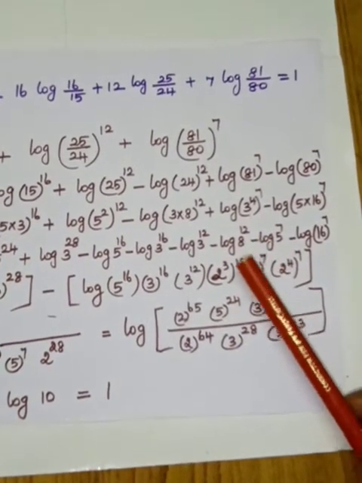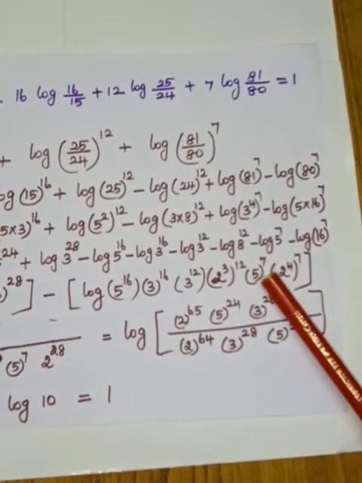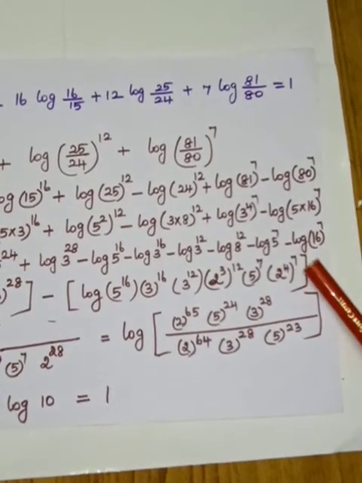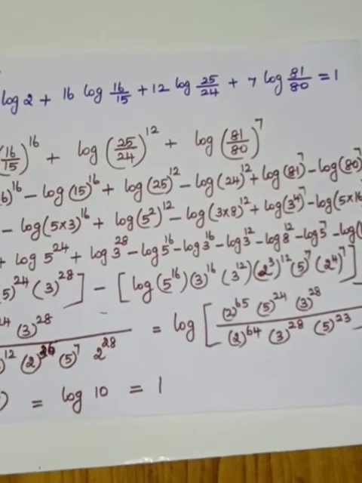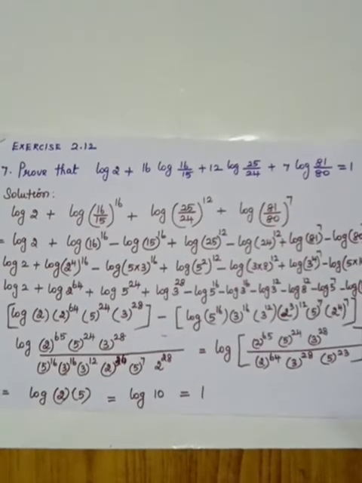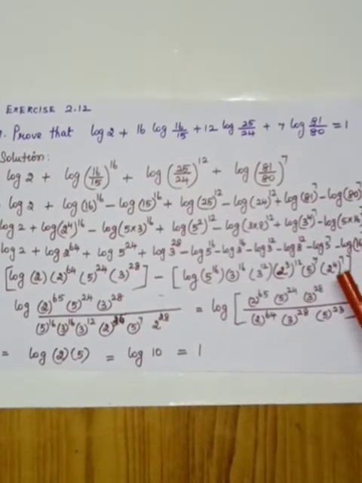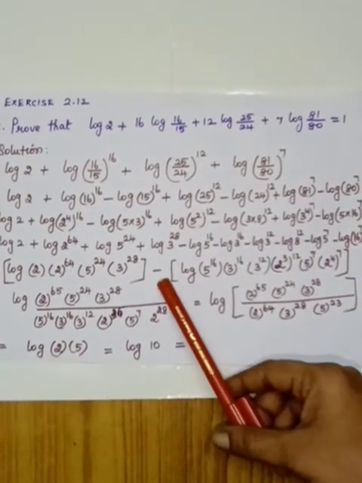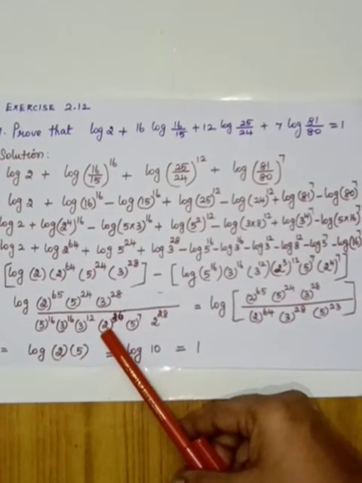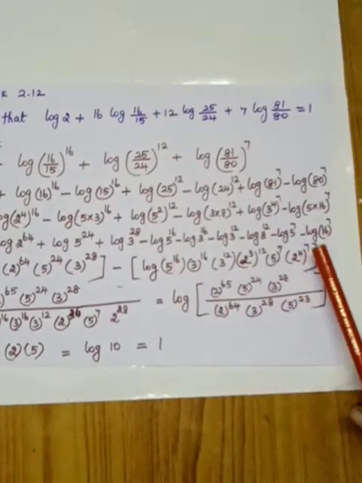The 8 can be written as 2 cube. So 2 cube the whole power 12 into 5 power 7. So the 16 can be written as 2 power 4 the whole power 7. Okay. Now the whole term can be written as, see the steps, the whole term can be written as log A minus log B. Okay, how it will be written? In between you are having minus. Use the quotient rule. So it is in the form of log A by B. Okay, so A this is, and here you have to write the B.